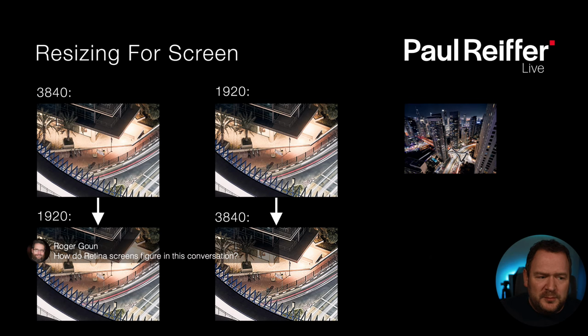So it's the same sort of theory. If I took the 4K image and squished it down to 1920, if the screen has 3840 pixels and I squish it down to the physical size of the same 1920 screen, I'm going to end up with a sharper image. If I remove those pixels by physically downsampling the image down to 1920, it's throwing away 3 out of 4 pixels, and it's working out what the average was in there.